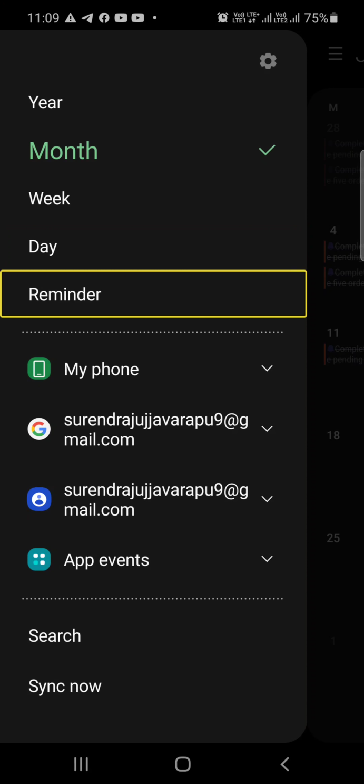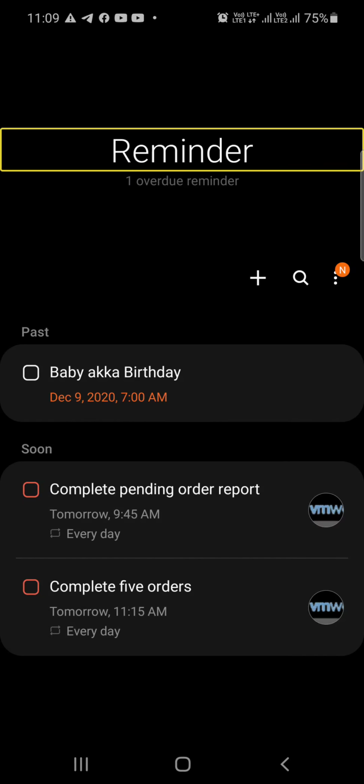It will open Reminder. When you select that the first time, it will ask you, do you want this reminder to be added to your app screen? If you select that, it will automatically add to your app screen. And while you're searching in the finder, it will show you an icon, otherwise it will not show the icon while searching for the reminder application in the finder application as well.